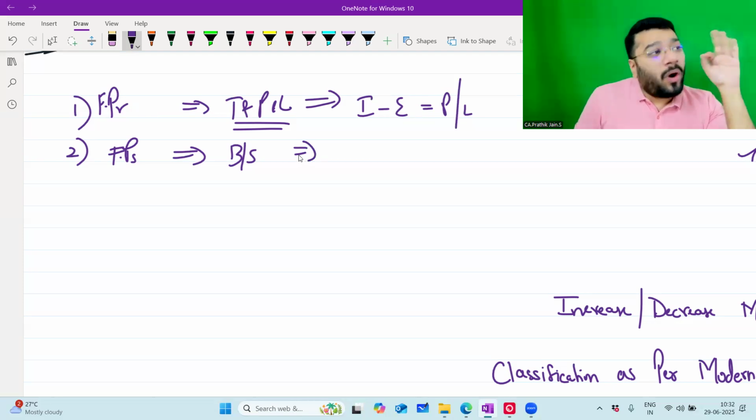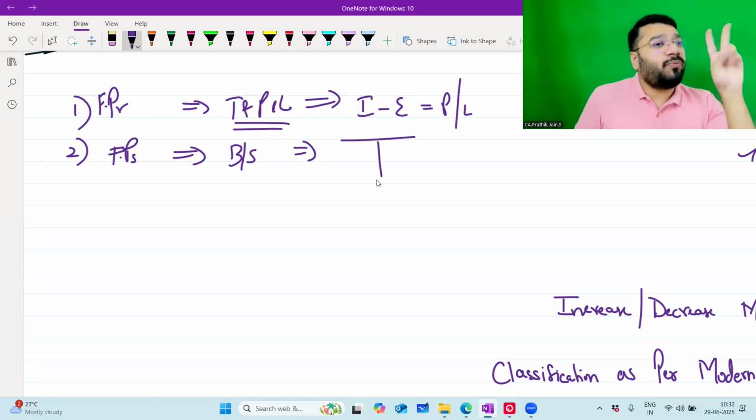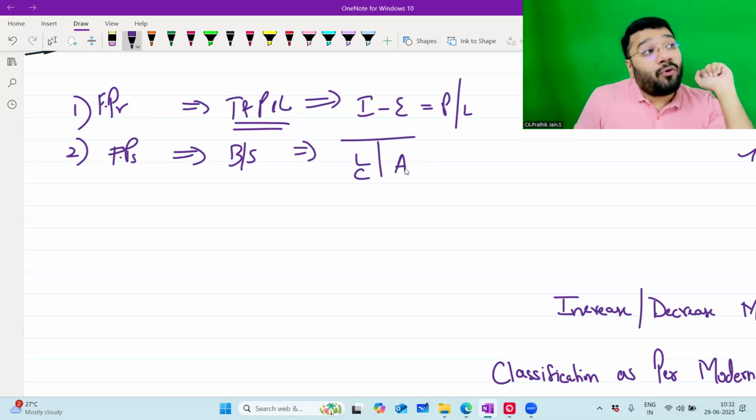In the balance sheet, what information do you capture? What are the primary items? You know the format of the balance sheet roughly. The balance sheet is bifurcated into two parts, a T-shaped format. Left hand side, liability, and capital also will come. Right hand side, asset. So in this balance sheet, what are the three primary items you're focusing on? Asset classification, liability classification, and capital classification.